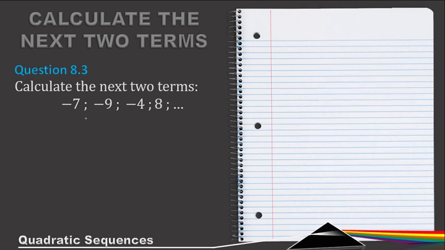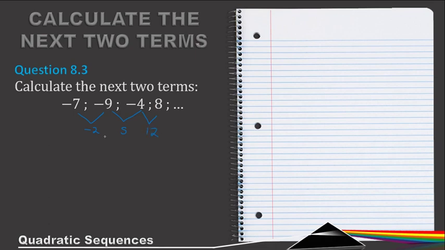Okay, calculating the next two terms of these. To go from minus 7 to minus 9, you have to subtract 2. And then to go from negative 9 to negative 4, you have to actually add, because this number is bigger than this one. This one's more negative, so this one's more positive. So you have to add 5. And then from negative 4 to 8, you have to add